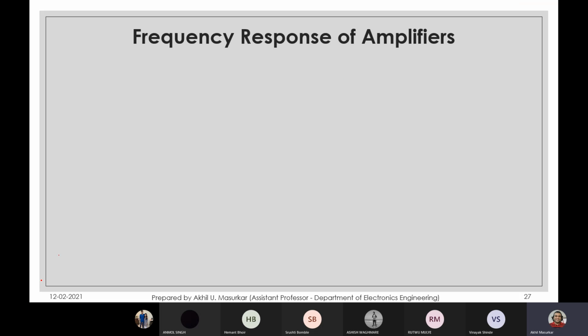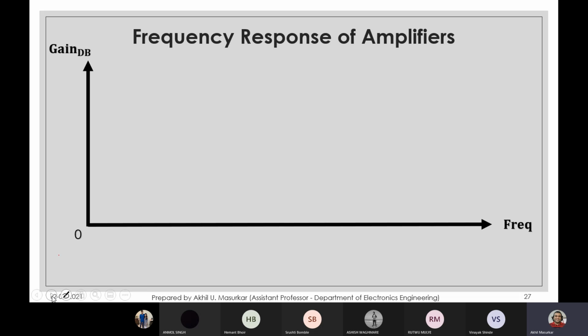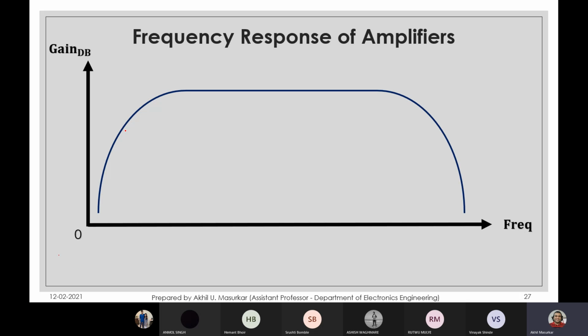So the graph that I am showing you right now, we will draw together. First, you will draw two axes. One is gain in dB and the second one is frequency. On Y you will draw gain, on X you will draw frequency. After drawing this X and Y, you will draw a curve which is like this. Once you are done drawing till this point, just say done in the chat box.